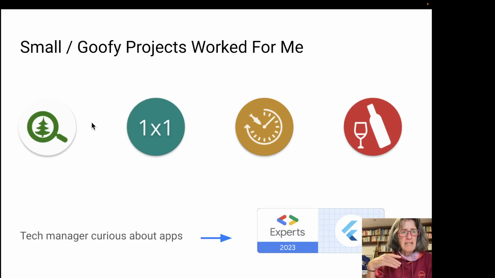Then afterwards came the fish tracker, a time management tool that taught me about Material 3, navigation, wearables, integration, and so on. The next project was my trusted wine cellar management app, where it's about image recognition, geo-tracking, and more things.